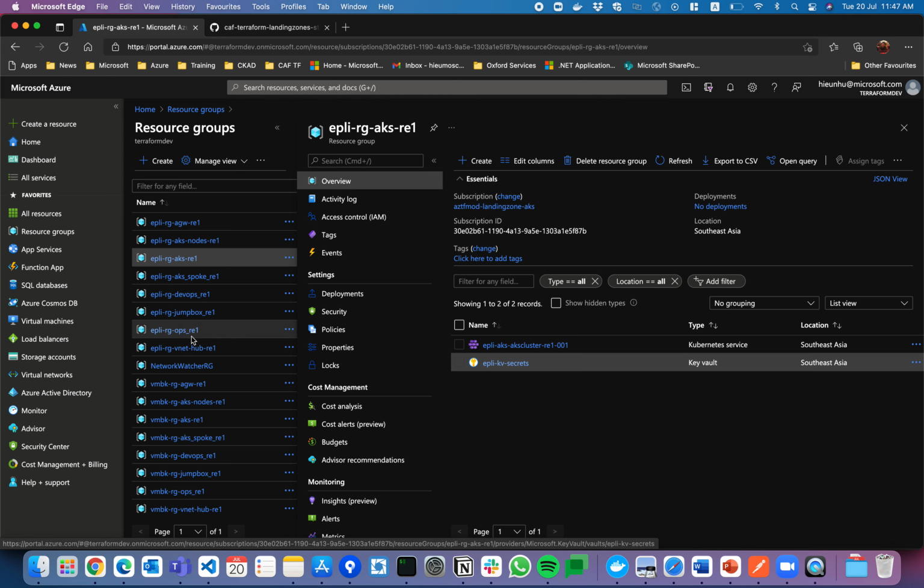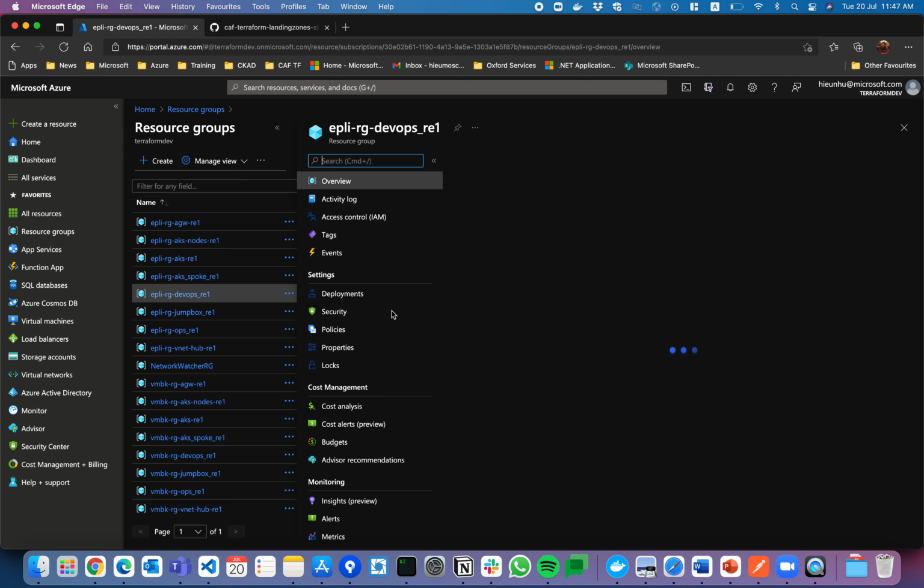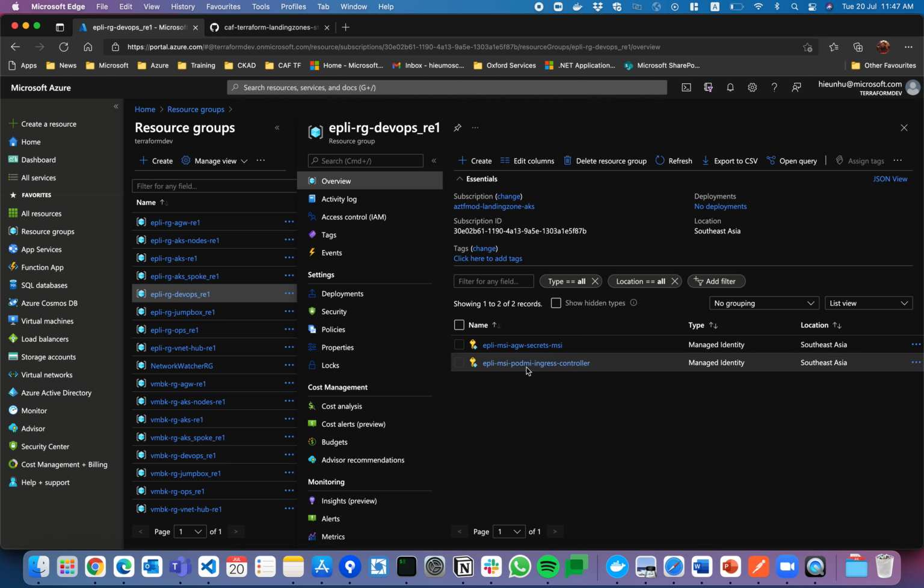Of course, you can, at your own time, go through further investigation of the resources. Like we have a log analytics workspace, we have a jump box, we have a DevOps resource group that contains the managed identity. So this managed identity that is called ingress controller is what Traefik is going to use with pod identity, so that the ingress controller has access to the key vault, allowing Traefik to use pod identity with this user assigned managed identity and access Azure Key Vault in order to retrieve that ingress